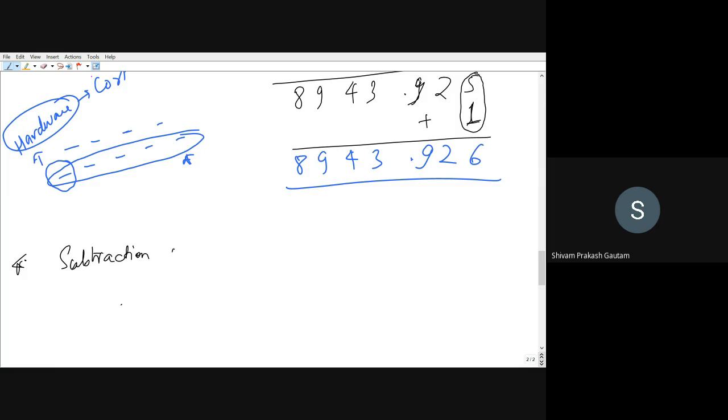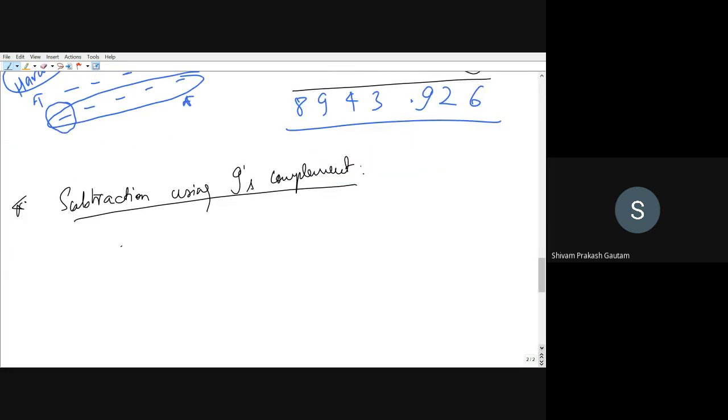There are some steps. The first step is to obtain the 9's complement